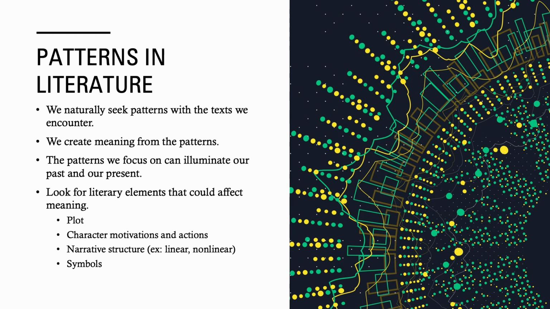Or at least what kind of justification did they provide for us? You can even look at narrative structure itself. Did the writer or the creator present us with a linear narrative where we went from point A to point Z, or is it a non-linear narrative where we started with point Z, then moved to point A, then moved to point D, then moved to point E, right? What kind of structure did they